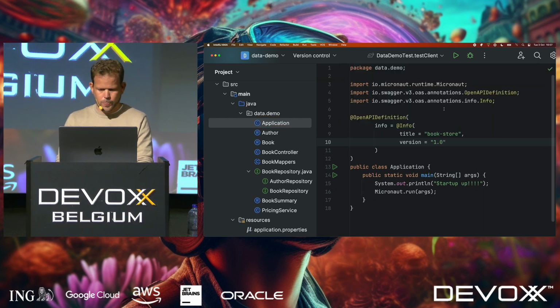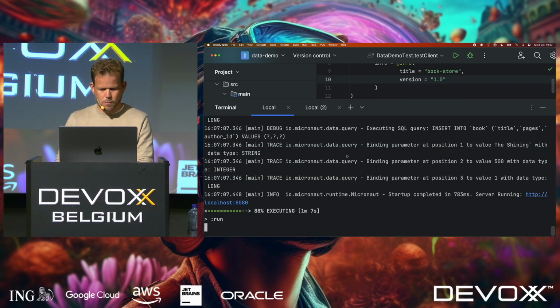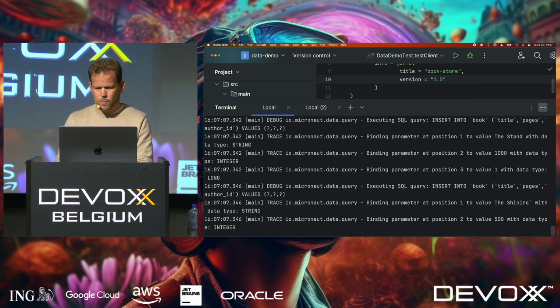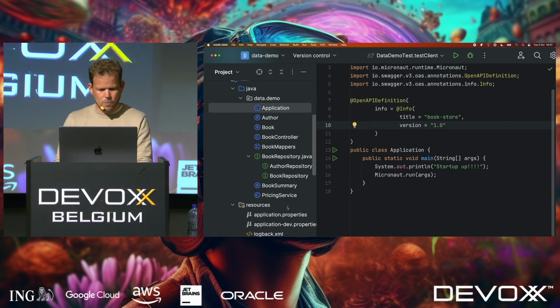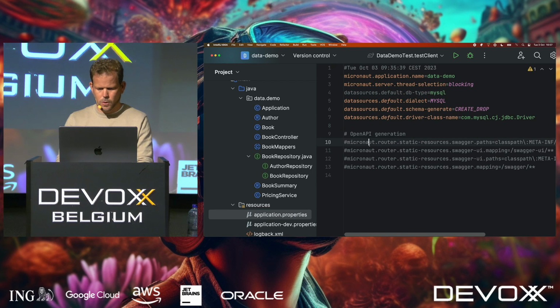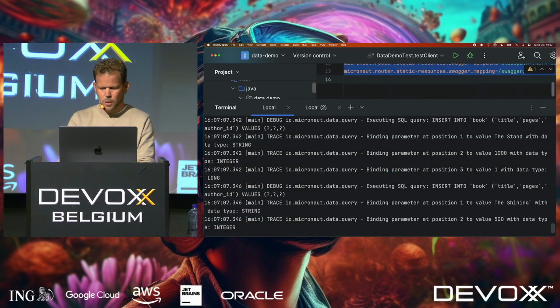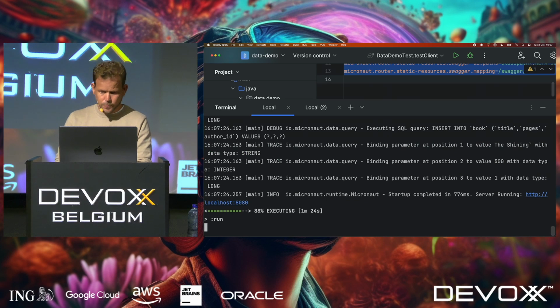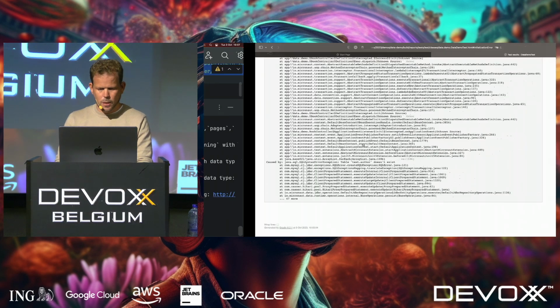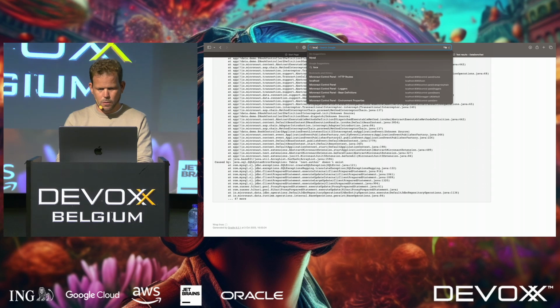We save that, and since I have the test resource stuff working, there's also support for Swagger UI, so just by setting a few settings, you can expose the generated Swagger UI. And then if you go to a browser,